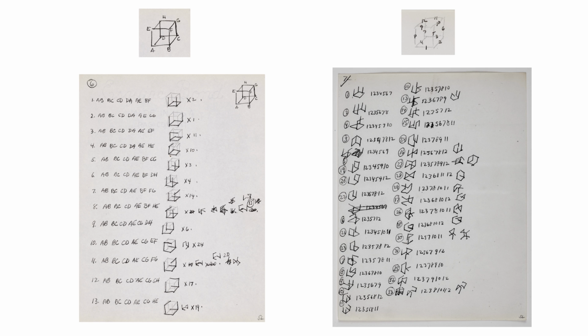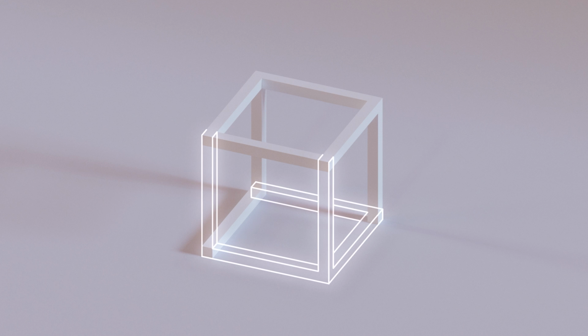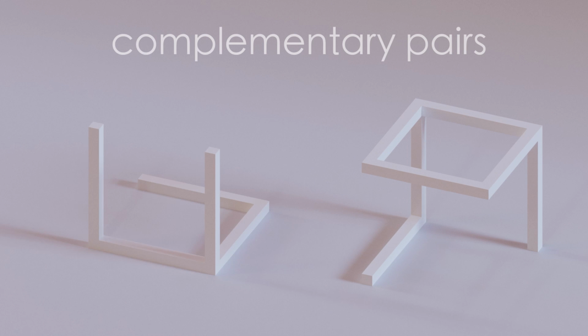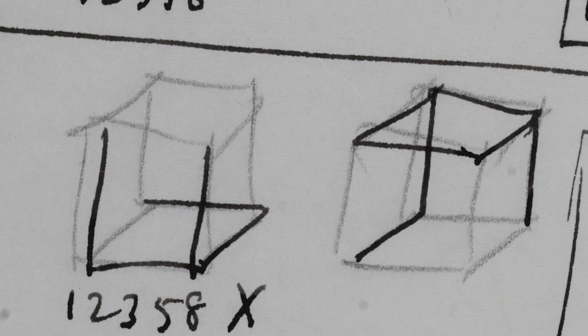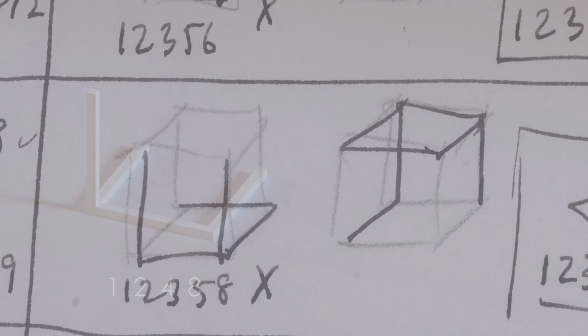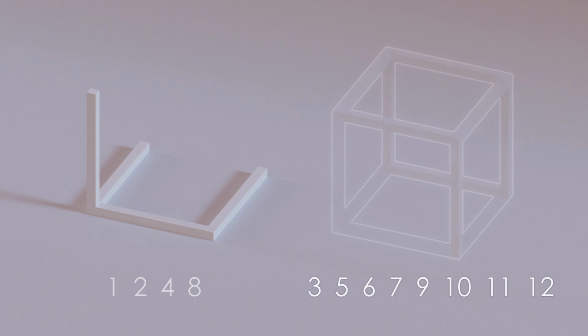Moreover, good notation can also help you think about the problem in new ways. Consider an incomplete open cube. If we imagine the set of edges that are missing, we can then imagine an incomplete open cube made of just those edges. That is, every incomplete open cube is part of a complementary pair. The edge numbering notation makes it easy to think about complementary pairs. By taking a given cube's label and literally counting off the missing numbers, we can obtain the label of its